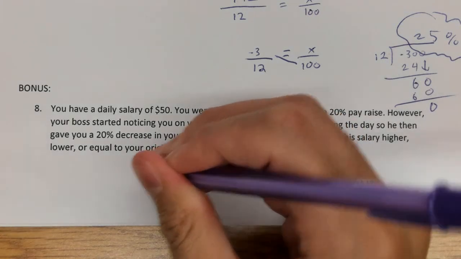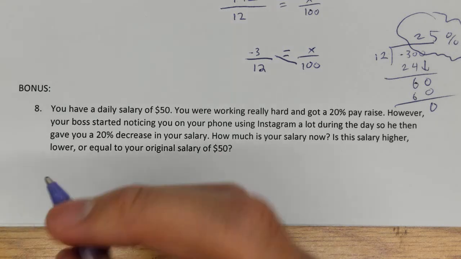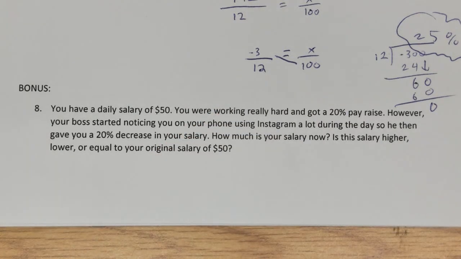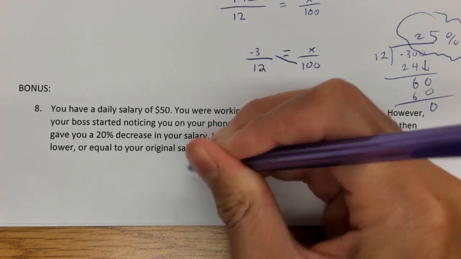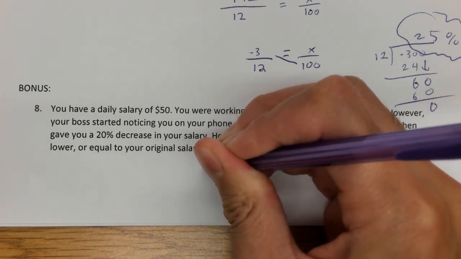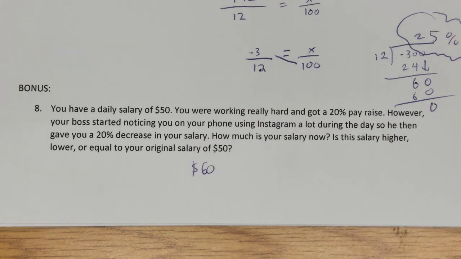Okay, so you start at 50 and have a 20% pay raise, right? So you're taking 20% of 50 and adding that on top. 20% of 50 is 10. So that means you were making $50 and then you started making $60. And then you said, okay, let me take a 20% decrease. Well, the thing is,